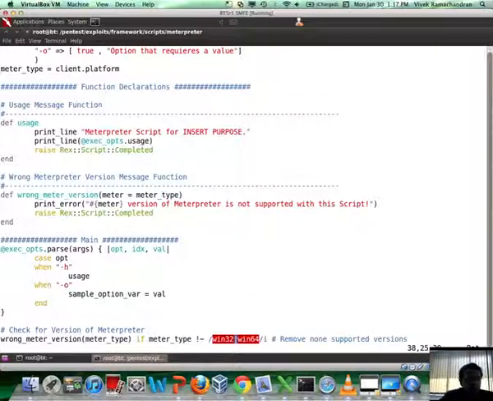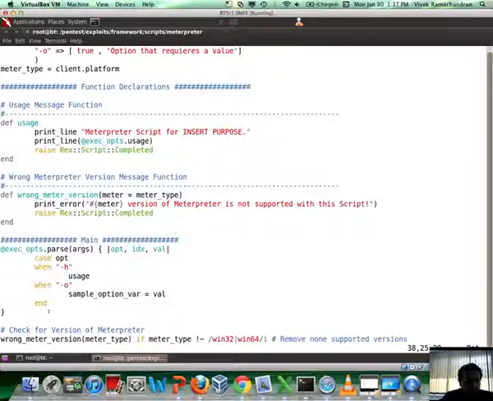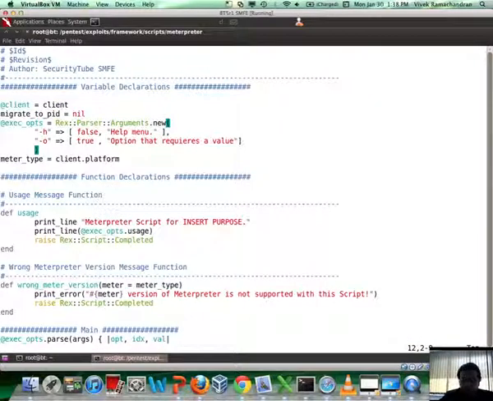Now, when you pass on the inputs, this function is what is going to parse your inputs and store the value which you're feeding inside the right variable, right? So the first thing to do is, let's just change this to p, more representative of the PID, and then I'm going to say the val which the user is inputting should go into migrate_to_pid, which is the variable name which we had just defined. And let's also convert this to p.